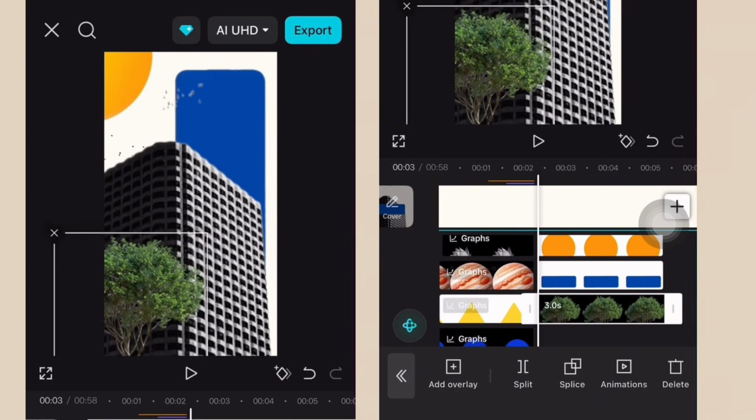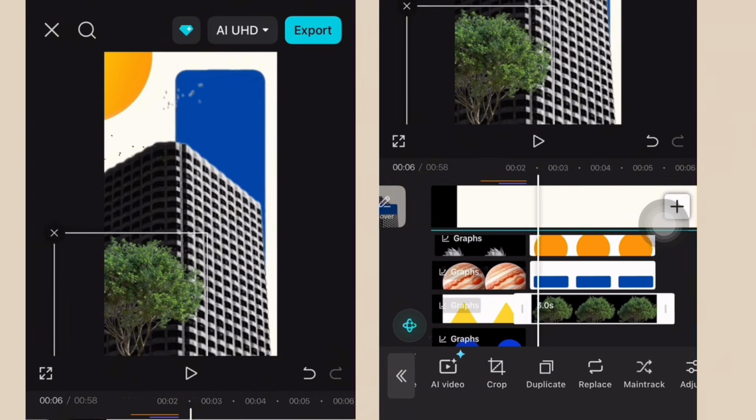Okay, now bring in this image, put it here. Now duplicate the tree